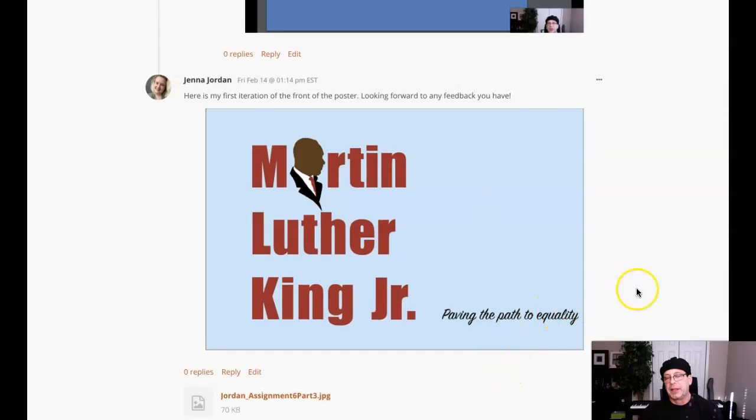Now, the one thing I think points to a negative or questionable connotation here is this: when we look at Martin Luther King and his preachings and his writings, one thing that is really a commonality is that his preachings teach us that we're not to look at a man based on the color of his skin, but we're to look at a man based on the content of his heart. And I think that in a way that's a little antithetical because you've presented him here as a man of color. So do you see what I'm getting at?